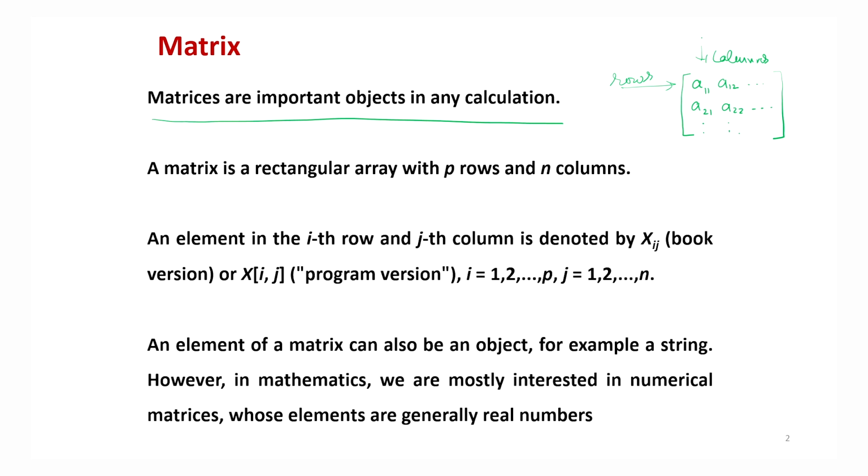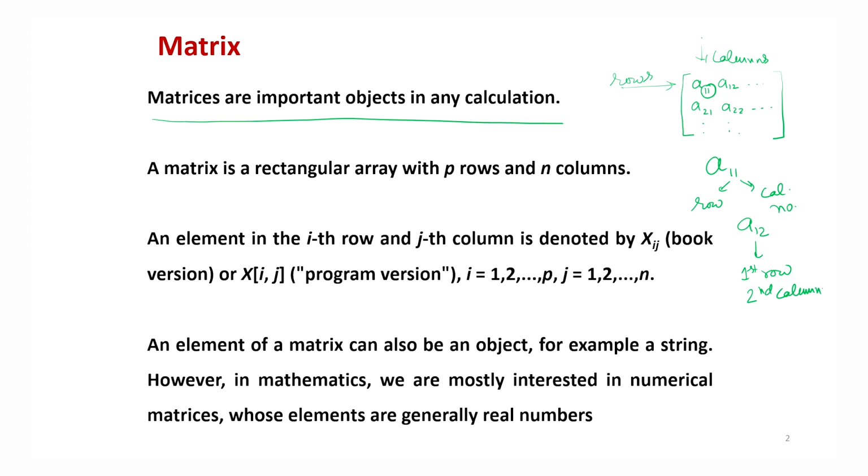Right. And this subscript, if you try to see what is this A11, this is indicating the row number and column number. Similarly, if I say here A12, so A12 is indicating that it is the element in the first row and second column.